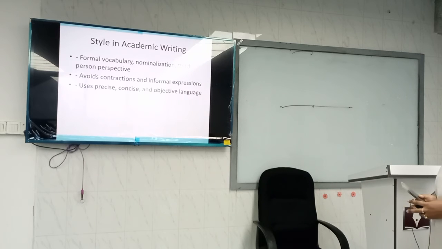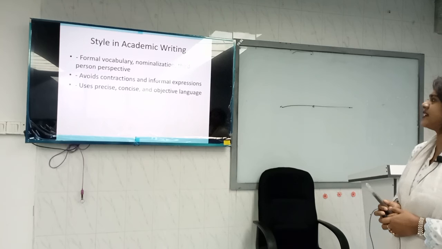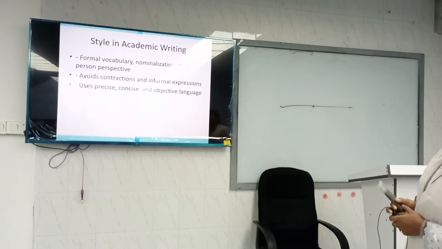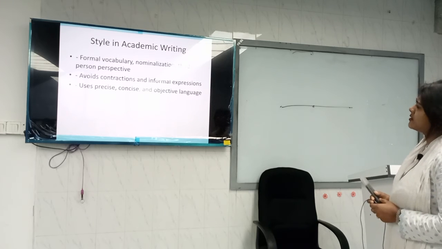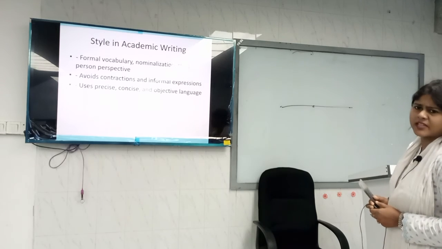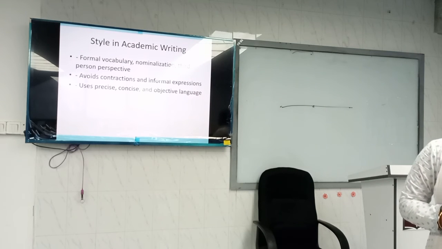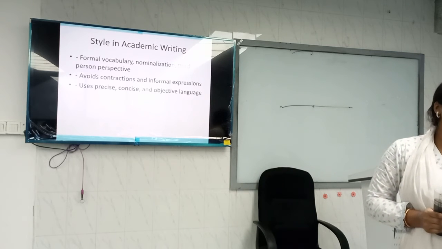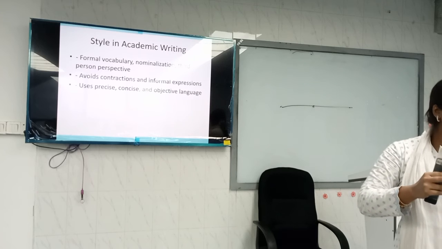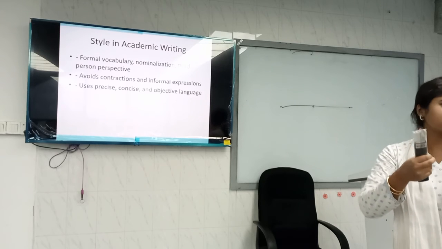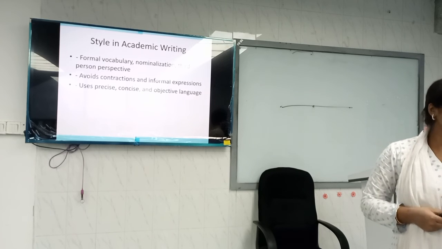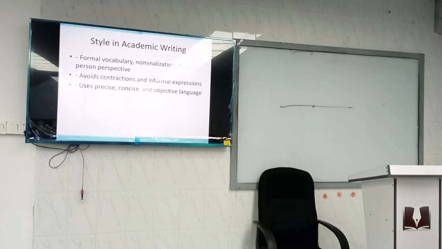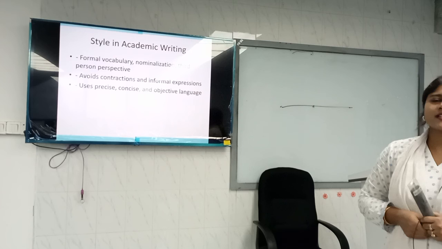Style in academic writing: formal vocabulary, তারপরে nominalization, third person perspective. Third person আমরা কি করি? আমরা ফার্স্ট পারসন থেকে লিখি, I have experienced this way. আমরা অনেক বেশি ইউজ করি, সবার আগে বলি I am, I have. No I. From the third person point of view, you should start your academic writing. Okay, so formal vocabulary বলেন তো, এক্সাম্পল বলেন।